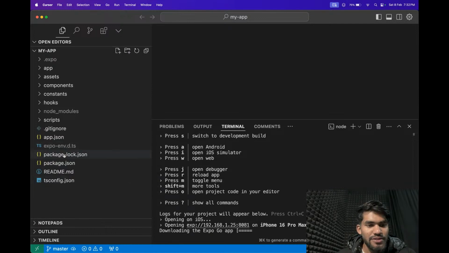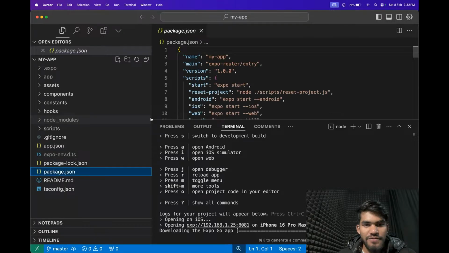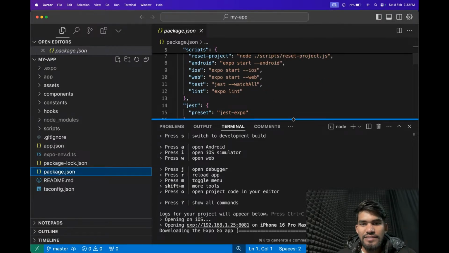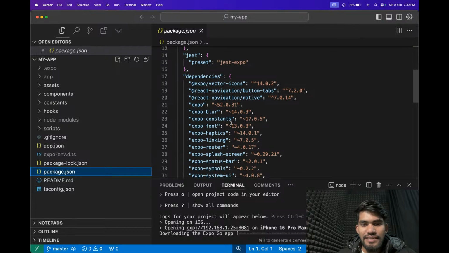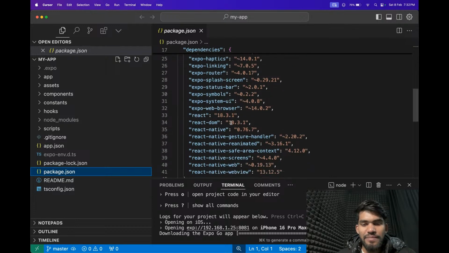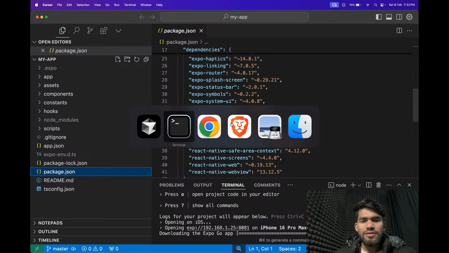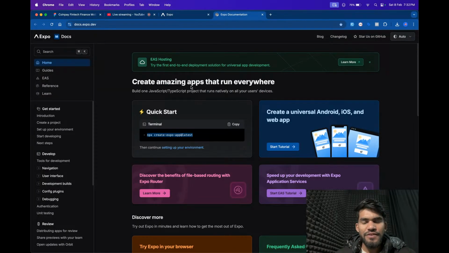But meanwhile, let's talk about this folder structure. What we have. So first, let's go to the package.json. Inside this package.json, we have some React vector icons, bottom tabs, native. These are all the things which come by default, a kind of boilerplate code. Okay. Now, to build this kind of app, what we're gonna do first, we ask the user to upload the